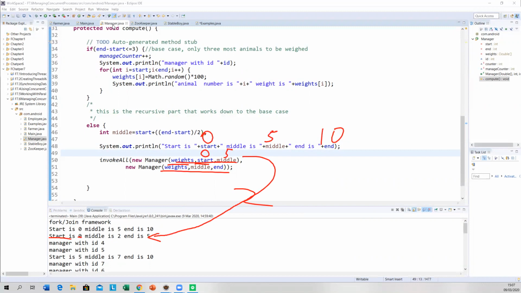Now this is for the latter half. So it goes from the middle, which is 5, to 10.